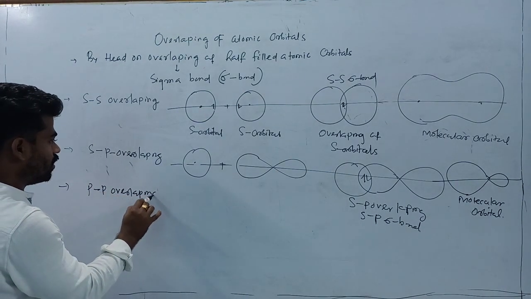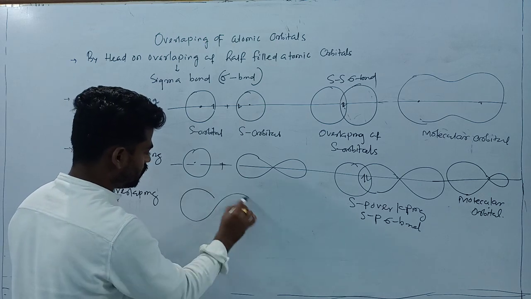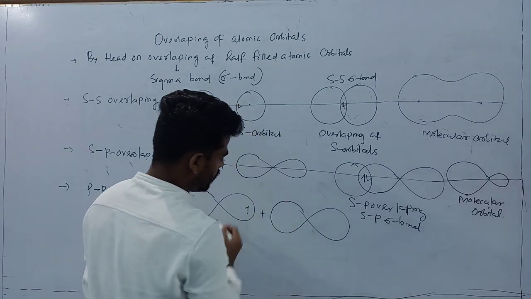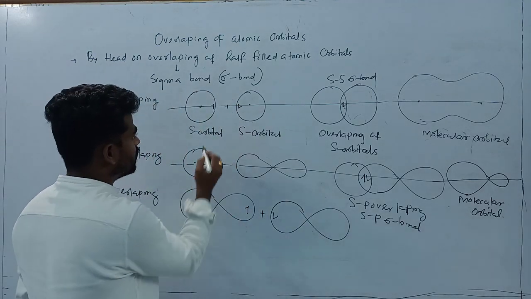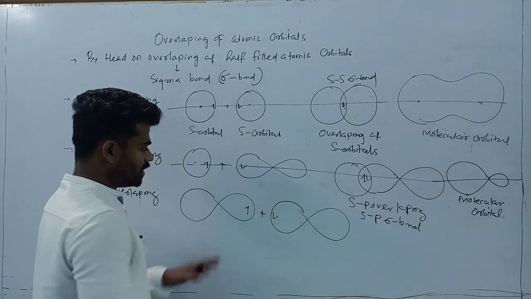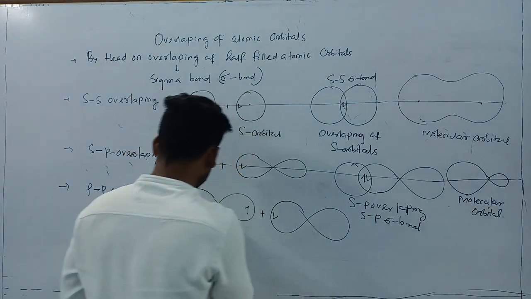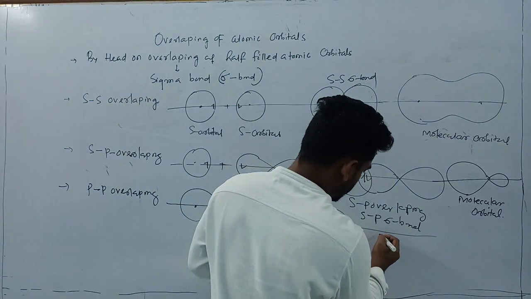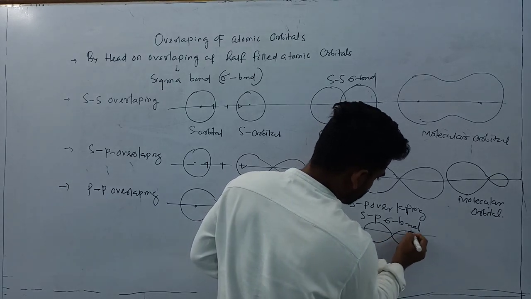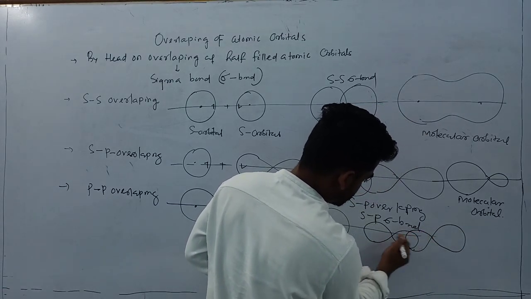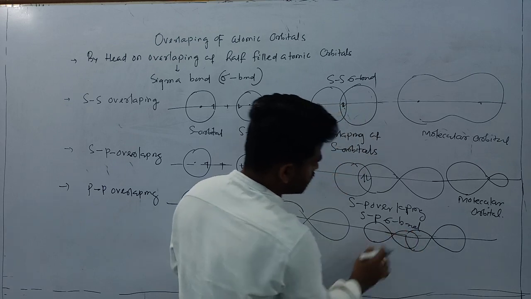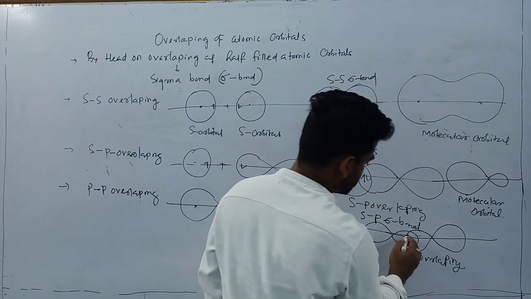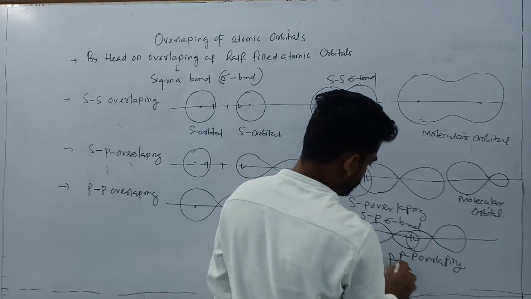Here also sigma bond formation is possible. This is one half-filled p orbital and another half-filled p orbital, you can draw like this, with antiparallel electrons here, and due to pp overlapping, this is again your internuclear axis. Is that clear? So overlapping will be like this. Due to lack of space I am drawing it over here, just imagine, just manage it. So this is pp head-on overlapping, that will be better to say,